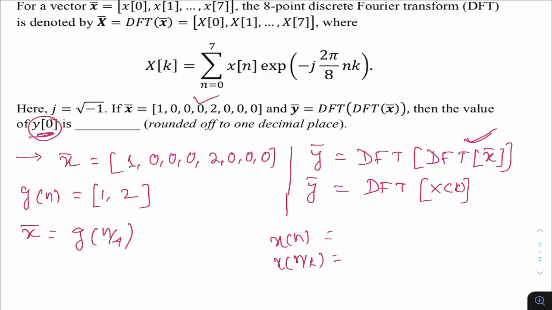For example, if x of n is a, b, c, and I'm asking what is x of n by 3, then after every sample you have to put 2 zeros, because 3 minus 1 is 2. So that's why 2 zeros: a 0 0, b 0 0, again c 0 0. In the same logic,